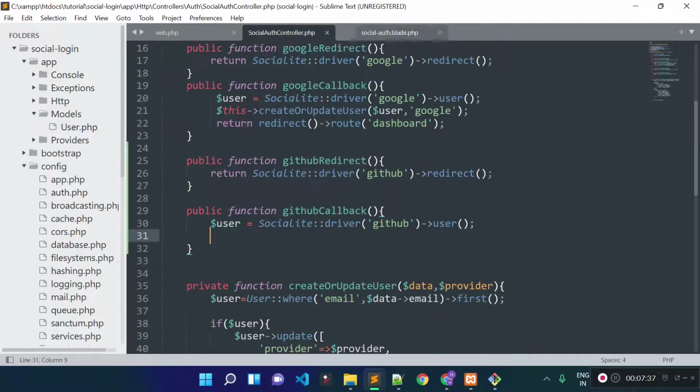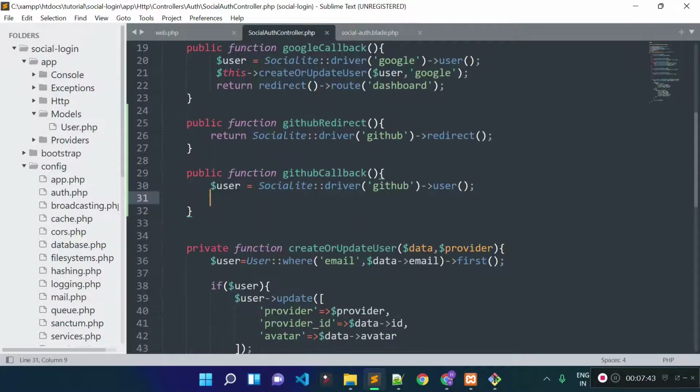Okay, let's close this file, and now from this GitHub callback method I'm going to store users record to our users table.